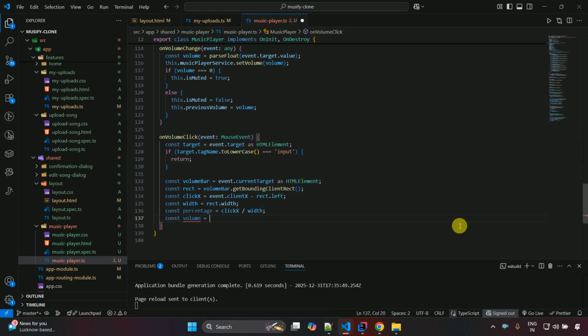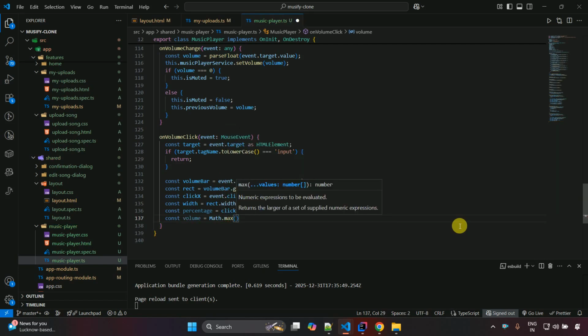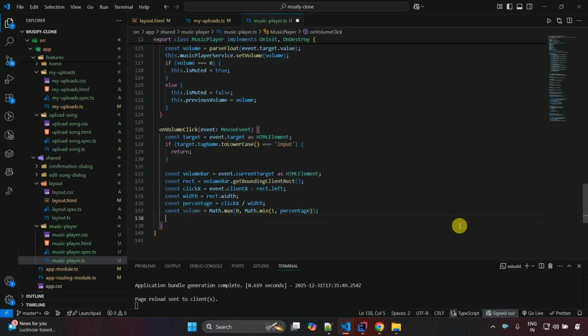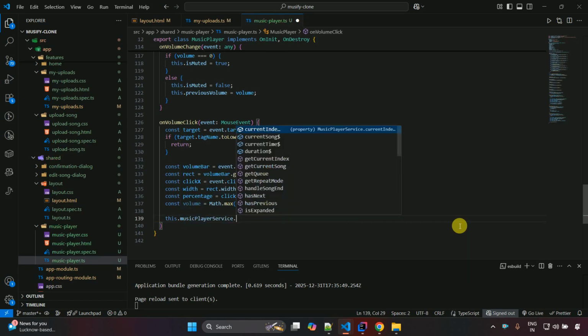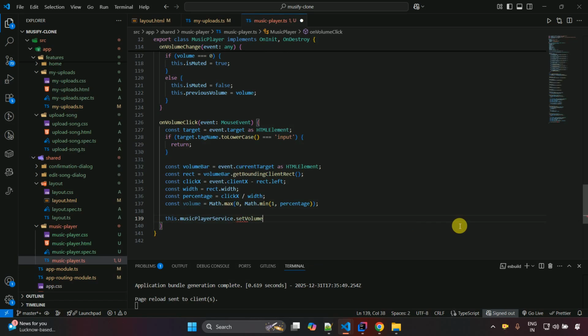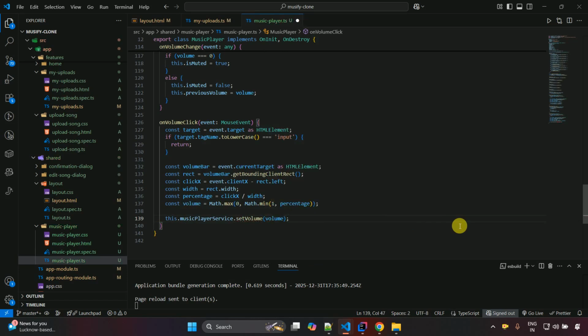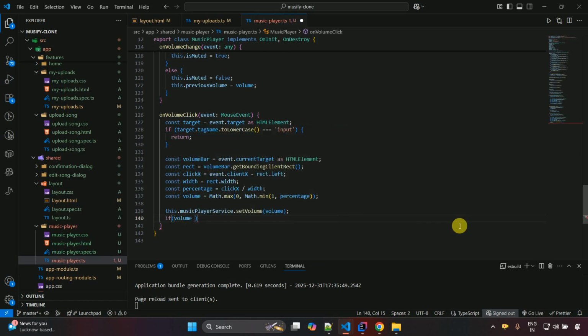Now here const volume equals Math.max, and here we just pass 0 comma Math.min, and 1 comma percentage, put a semicolon, and this.musicPlayer.setVolume, and we just pass the volume over here. And if volume equals 0,